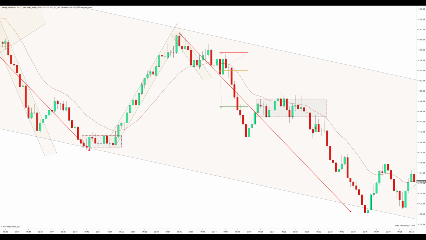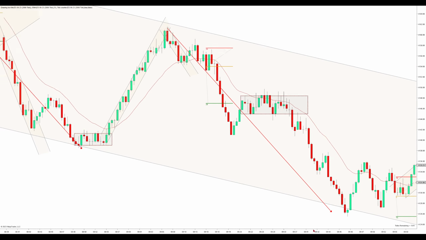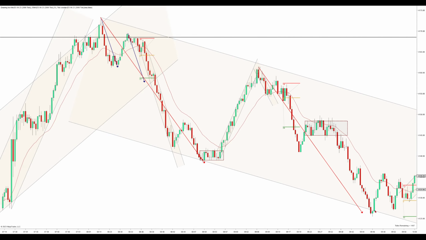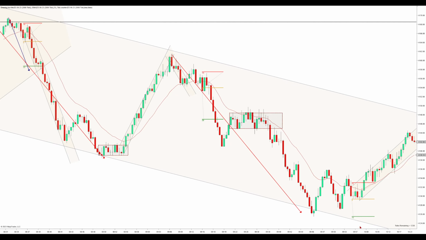But we push lower here, so we're making this second leg down. After we have this failure here, it's clear that we're making a second leg down right here. We reach that measured move right there. Notice measured move. As soon as we reach it, we immediately start reversing higher. And that's where it led to this right here, because